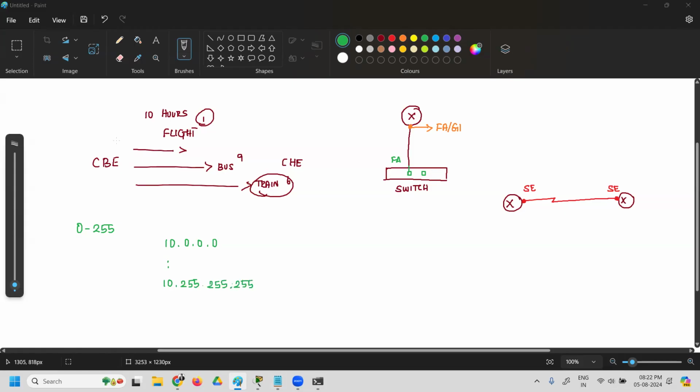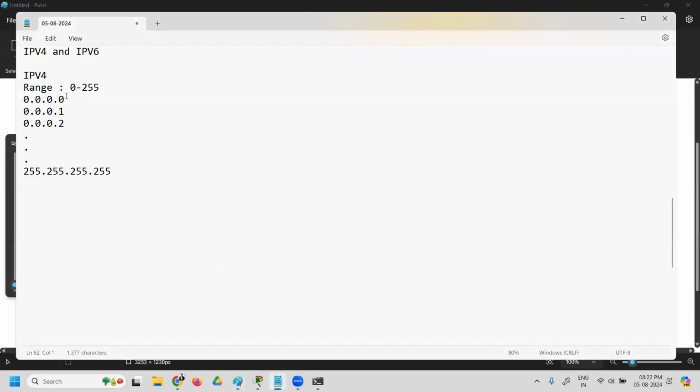For every number, the first IP will be this and the last IP will be this. If you take 192, the first IP will be 192.0.0.0 and the last IP would be 192.255.255.255. So for every range, this is the first IP and the last IP.